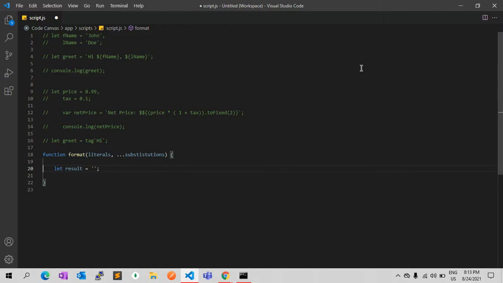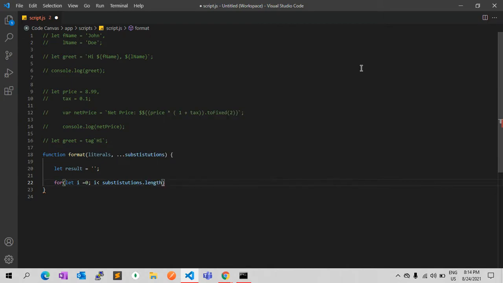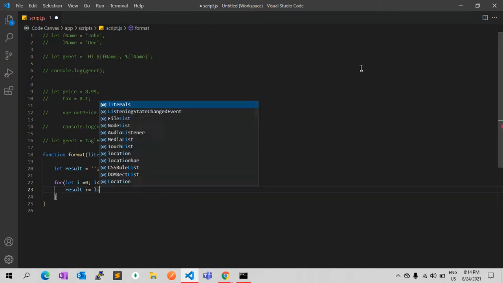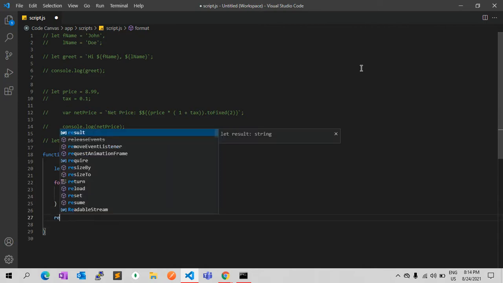Declaring the variable, initializing the variable, and using one loop. I will add the last literal.